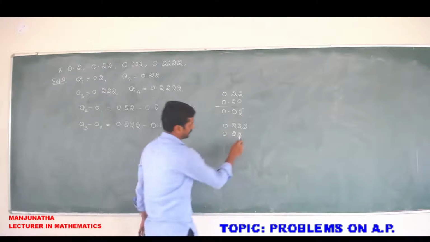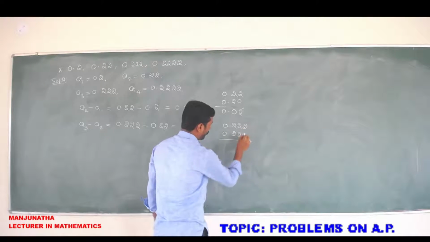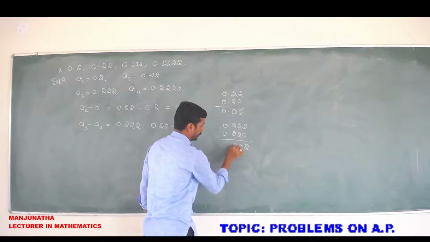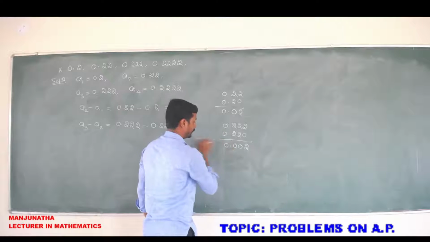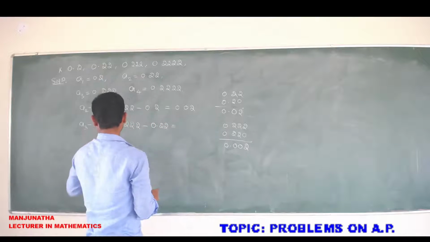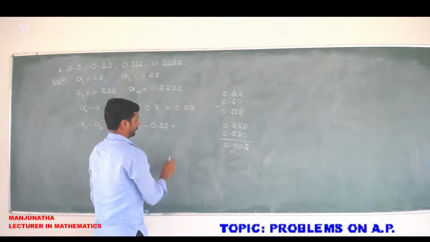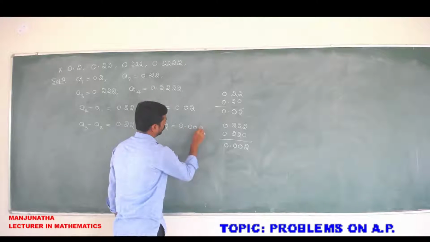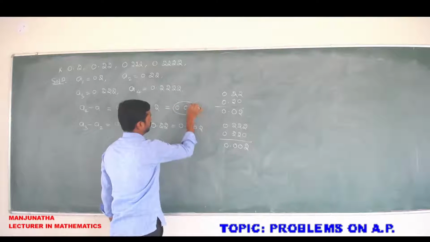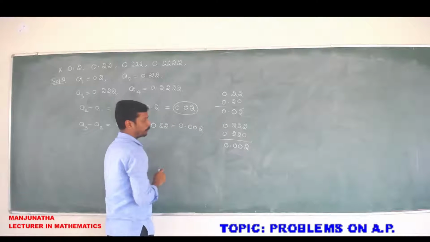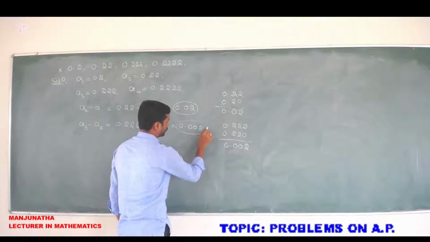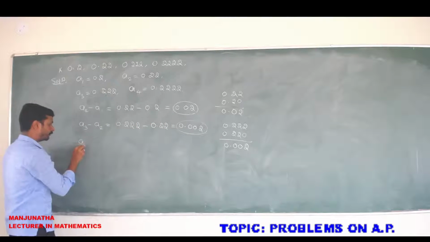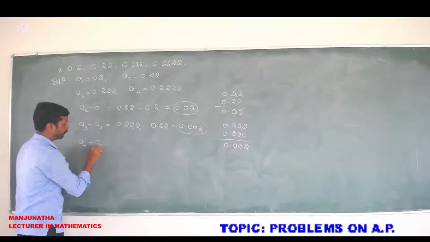See here, in the last place there is nothing, that means 0. So 2 minus 0 is 2, 2 minus 2 is 0, 2 minus 2 is 0, 0 minus 0 is 0. Therefore, the difference between A2 and A3, that is A3 minus A2, is equal to 0.002. See, the difference between the first pair of consecutive terms is 0.02 and the difference between the next pair of consecutive terms is 0.002. In the same way, if we calculate the difference between the next pair of consecutive terms,